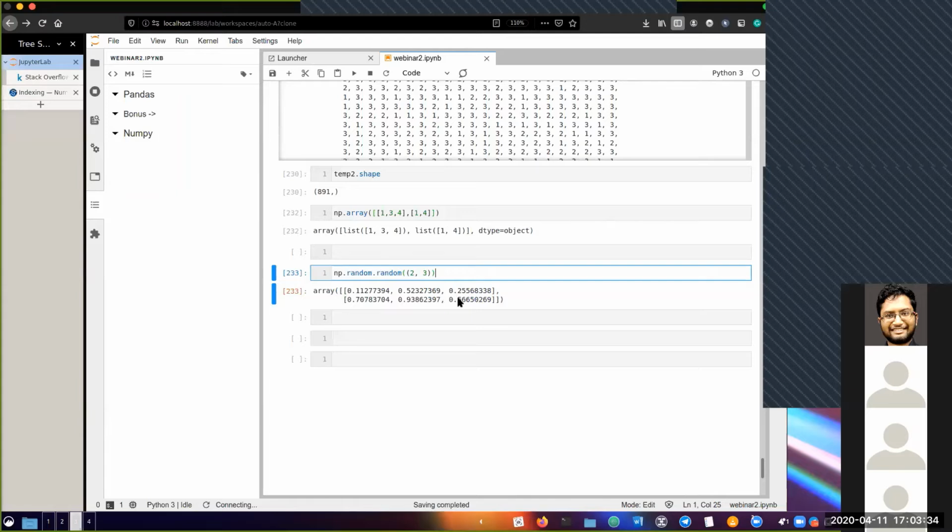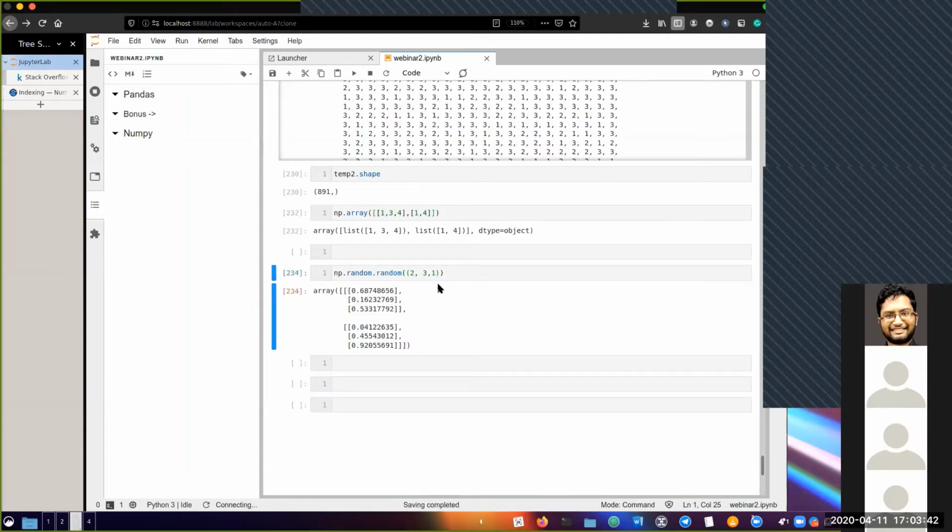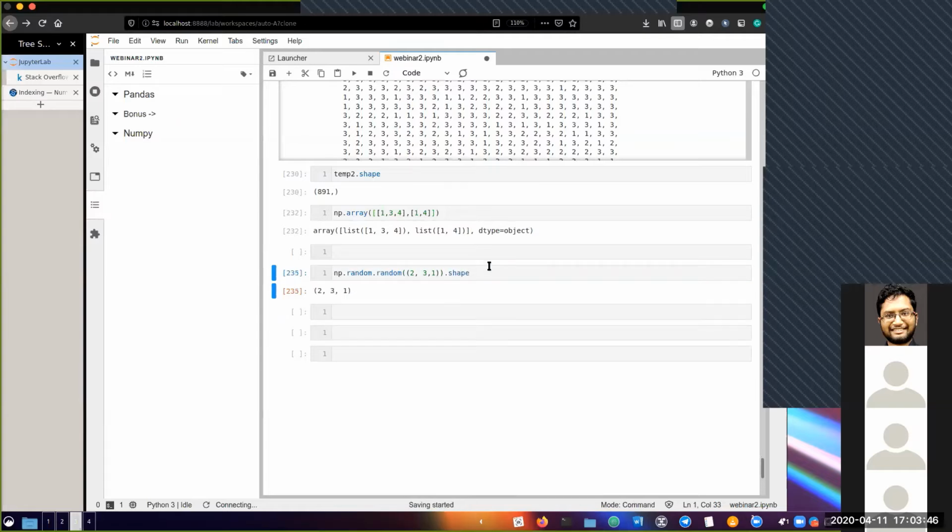Now, why I would need reshape is that sometimes I might want this to be in a different dimension. So say I add one more. Right now this is the shape of my array, or my matrix, if you want to call it that. Right now it's a 3-dimensional array.